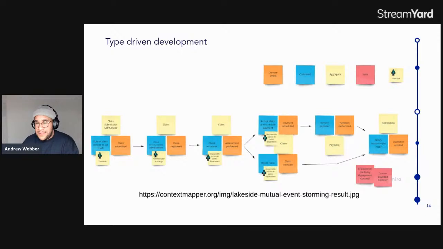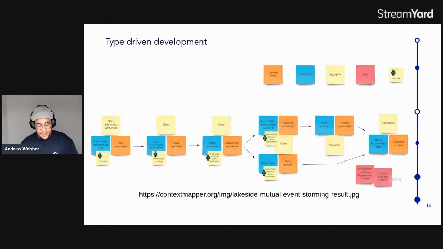Second point, type-driven development. I don't know if anyone's heard of event storming, but it's essentially a practice where multiple teams get together and agree the domain language and the types and the interfaces between different services, how the whole system should behave as a whole. So we have a similar practice. We get together in our team and we agree, from an architecture point of view, how the system should actually work, and then the teams go away and implement those interfaces, and we come together, integrate, and hopefully the system works. So an interesting learning from this experience was, what did Rust teach us when we went through this